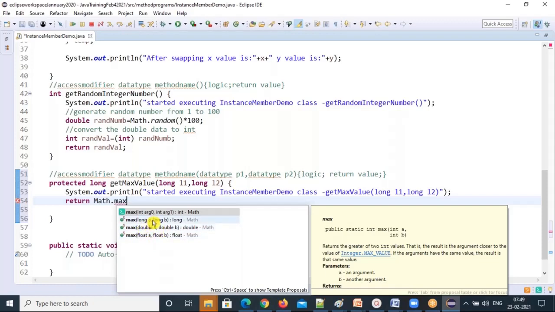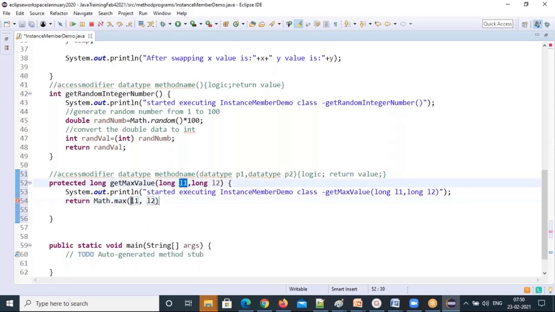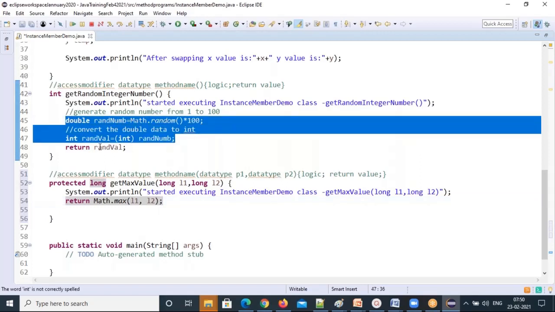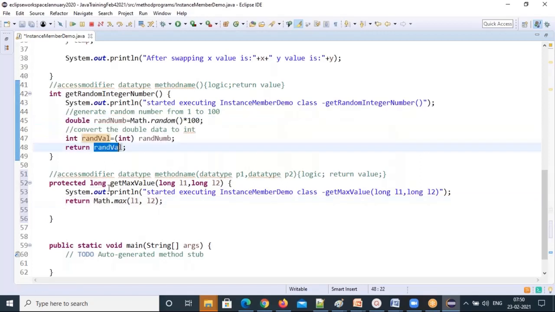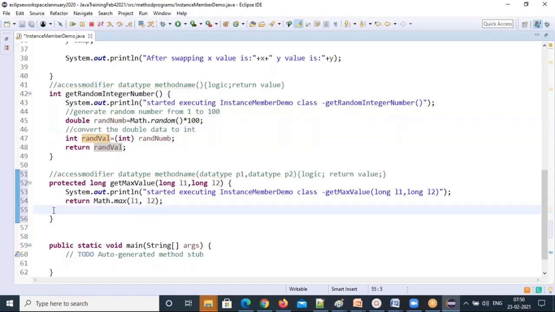So I want long, right? So I can take this, and you can call L1 and L2; these are the parameters. These parameters only I need to use here. For this method, I'm passing L1 as one parameter, L2 as another parameter. So this will return which one is bigger out of these two. That's it. Very simple. I don't need to store it again in a variable. So all this you can directly write as your logic in the return statement also. The way you write is important. Either this you can do, or directly write in the return statement also. If you want to reduce the number of lines of code, it's all up to you.